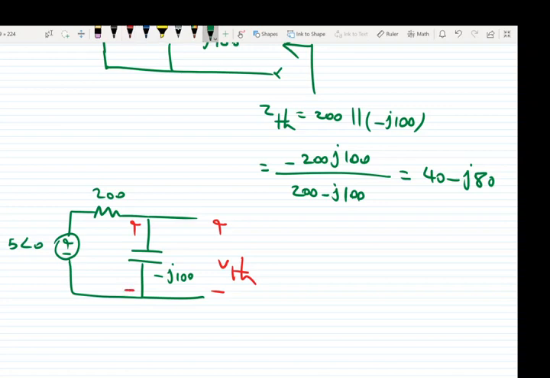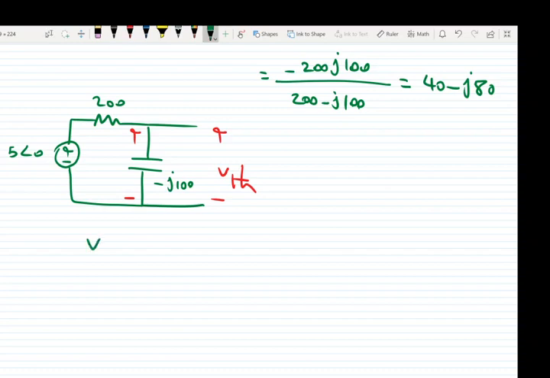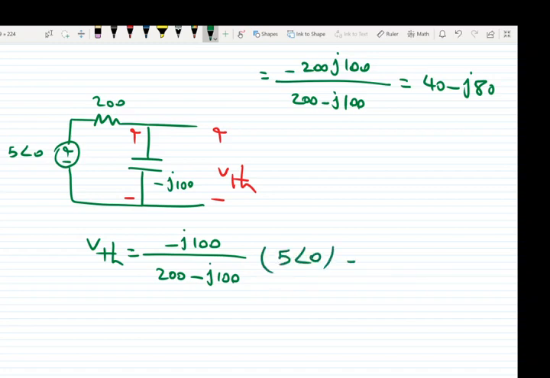So V Thevenin is equal to, the easiest way is voltage division, negative J100 over 200 minus J100 times 5 with the angle of 0, which is 1 minus